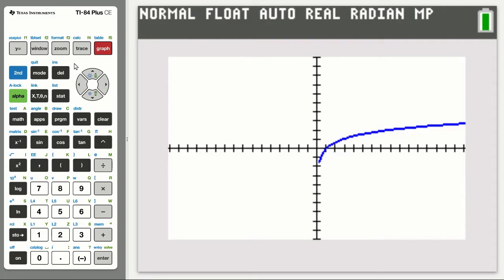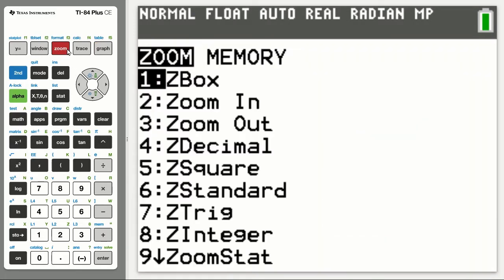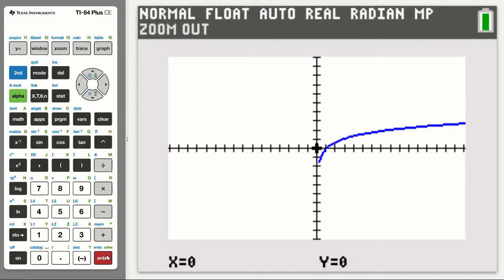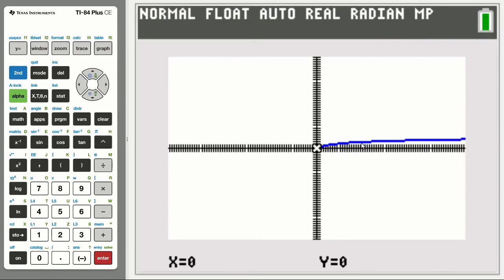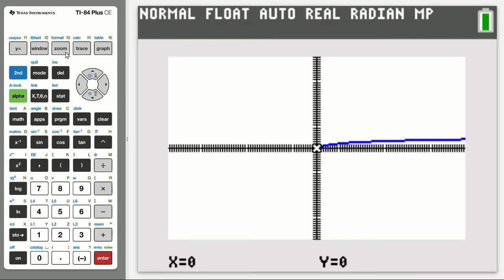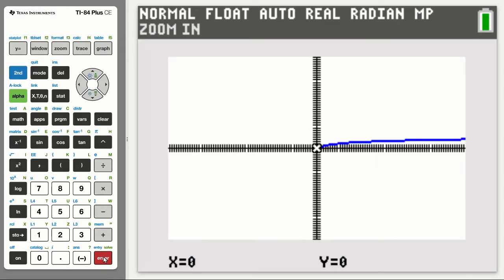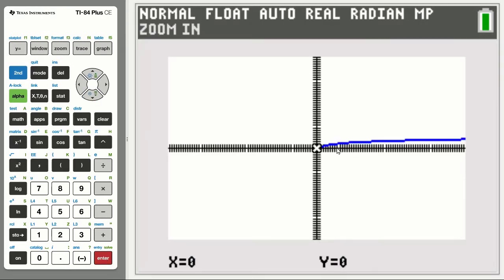And then we can also zoom by clicking on that zoom button. Zooming out is going to, as it says right here, zoom out the graph so that we can have a more complete view of the graph. If this is the center of the zoom, clicking on that is going to give me a zoomed-out version. And now if I want to zoom in, I'm going to click on zoom, but select zoom in. Okay, and now if I want to change that to this point, for example,